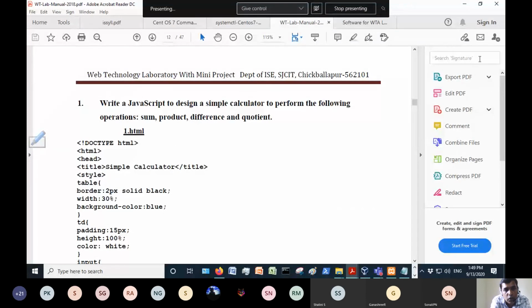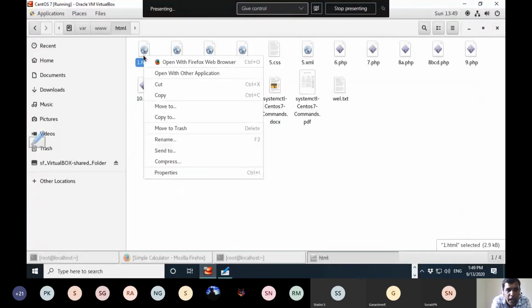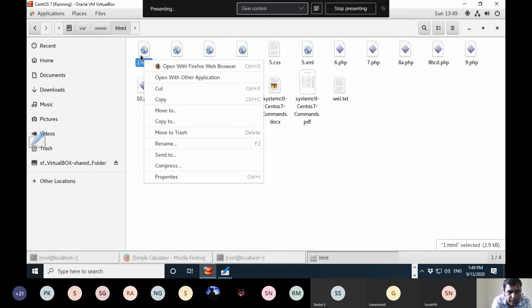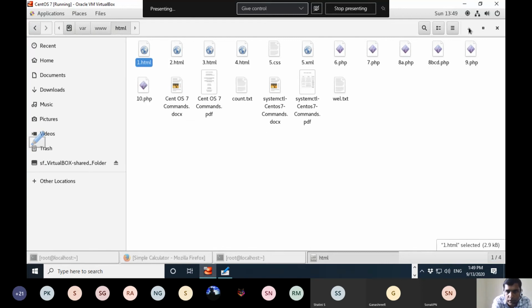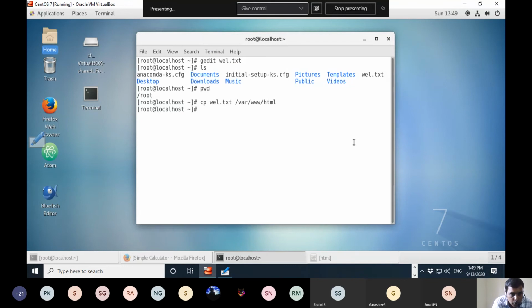One important point I need to show you. I will take the same program, open it using an editor, and introduce an error to it. Let me go to the directory.